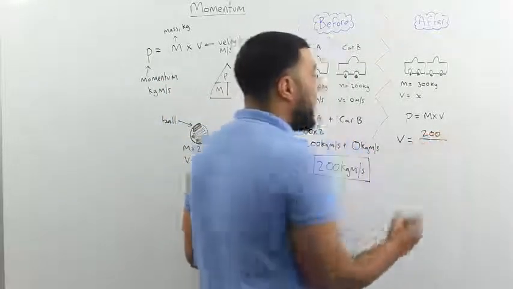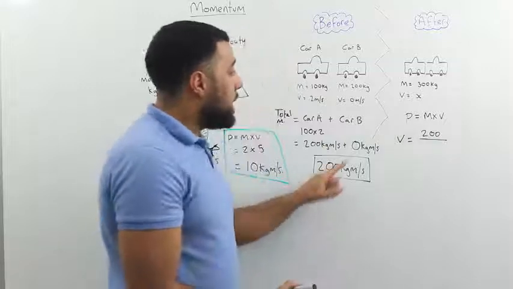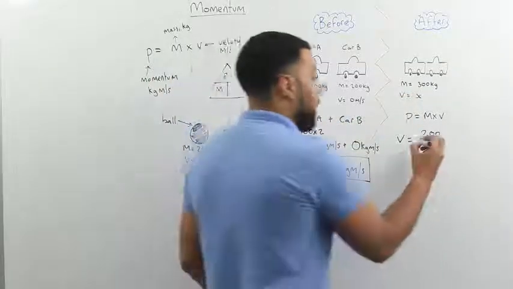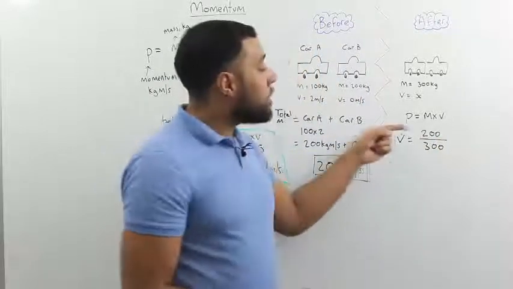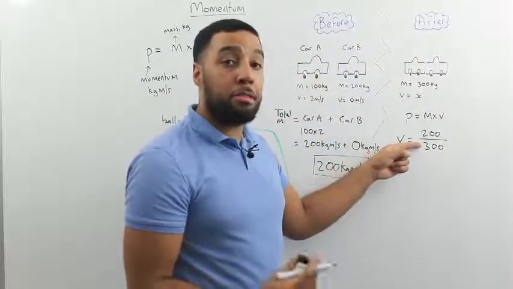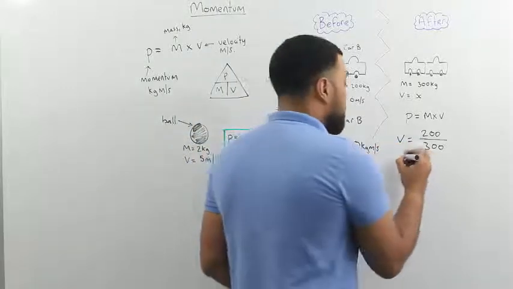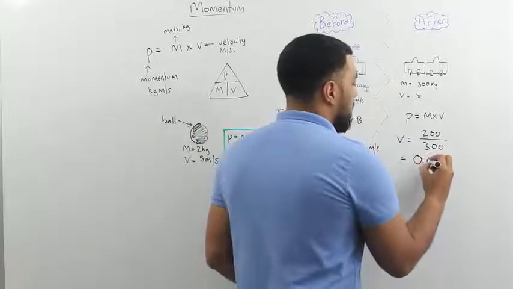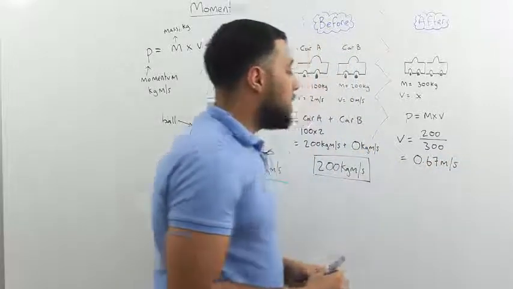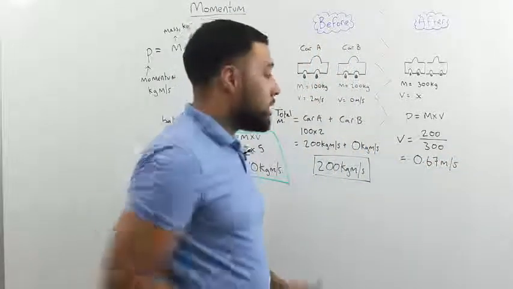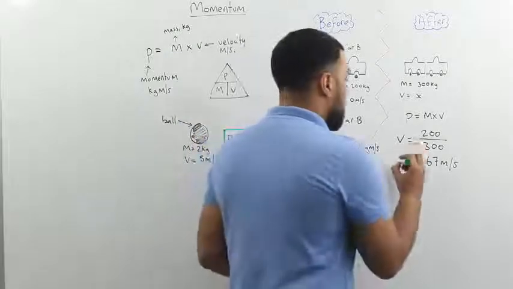And the mass is 300. So in my calculator, I would type 200 divided by 300, which will give you a velocity of 0.67